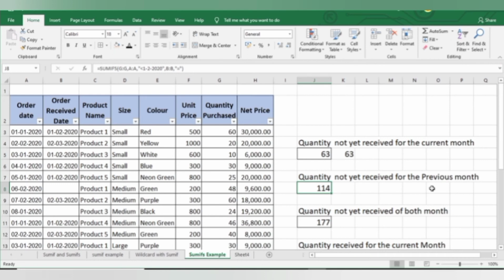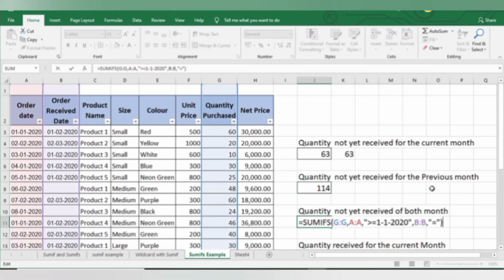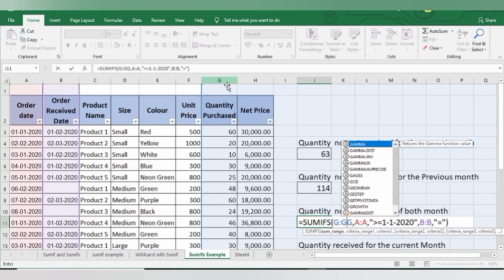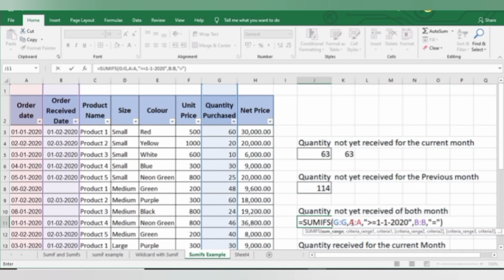And if you want to find out the quantity for both the months together, here your sum range would be your G column, that is quantity purchased, and then your criteria range 1 would be the order date, and your criteria 1 would be greater than or equal to 1 January 2020, because I want to find out the quantity not yet received for both the months, that is January and February together.